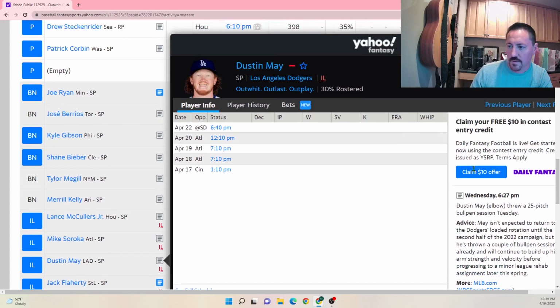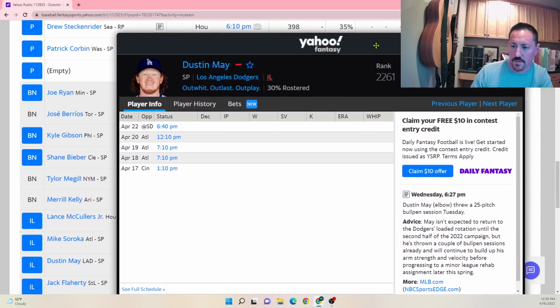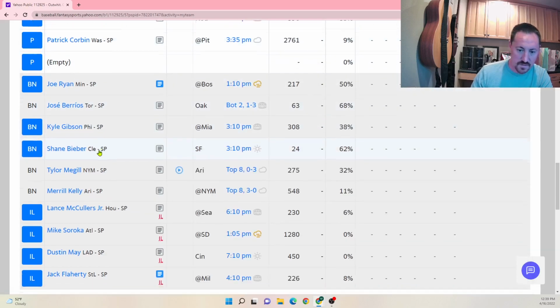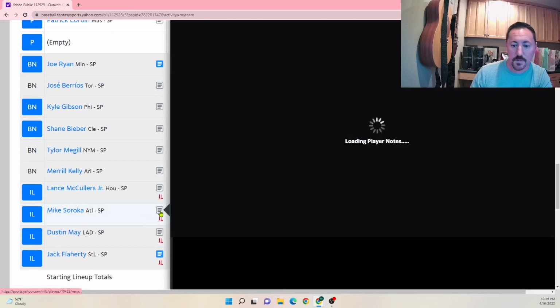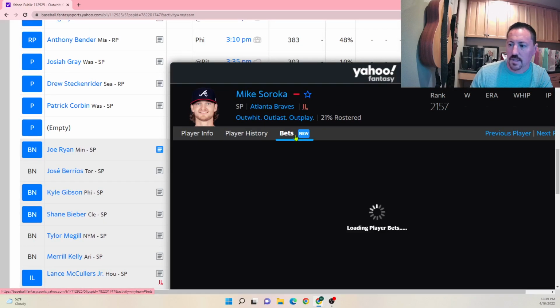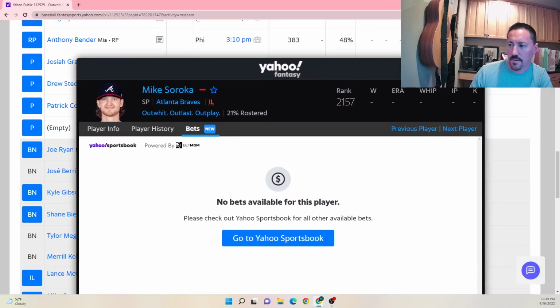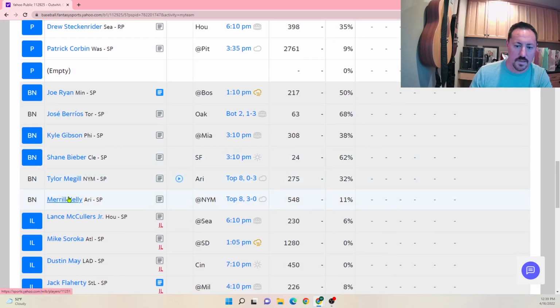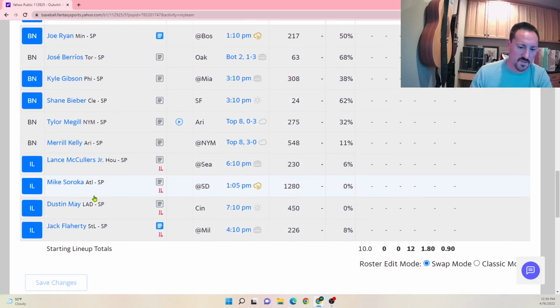He's not supposed to come back till the second half of the season, but when he was back, he made a big difference. He was a positive impact player. Mike Soroka is another one who's out for I don't know exactly how long. But anyway, they're worth looking at, and they're worth using, because if you're just keeping them empty, it's not really